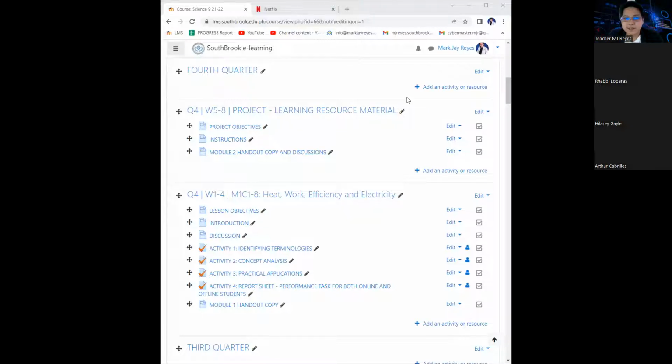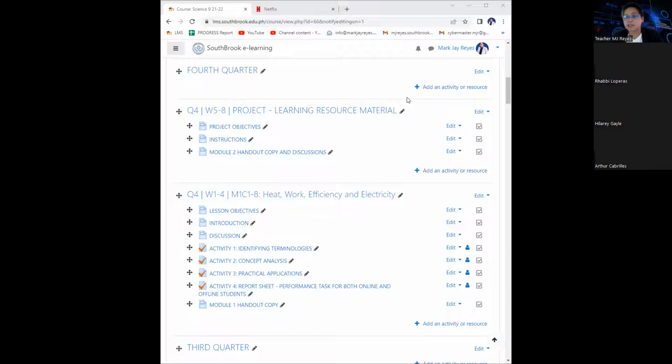For Science 9, we are now in the end part of Module 1, weeks 1 to 4. This is the only module that we have for the fourth quarter. I intentionally did this, in order to focus on the lessons that are actually given in that particular reading period. Usually, in our previous quarters, we have two modules.